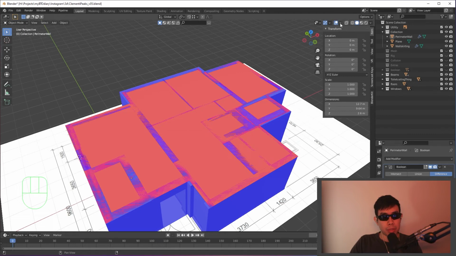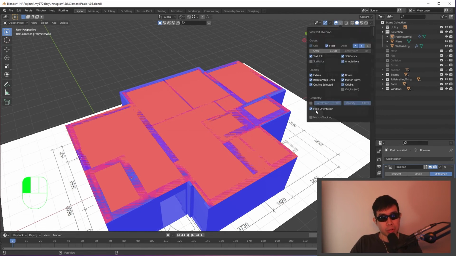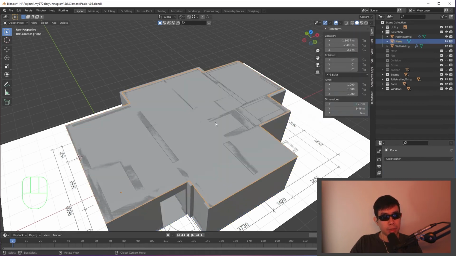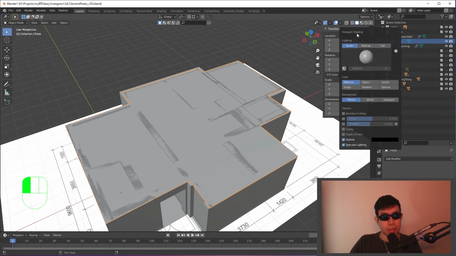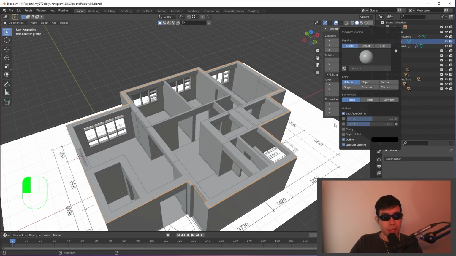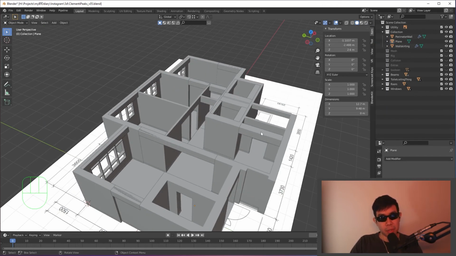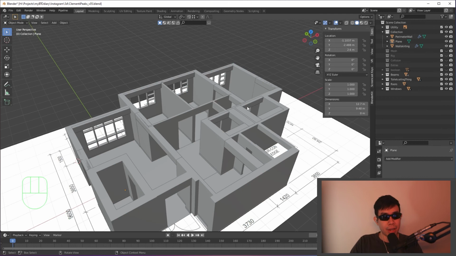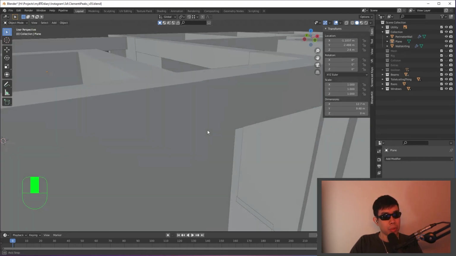Over here, previously, there's this drop down tick box where we do this face orientation thing. We are going to turn that off right now. And we already know that this ceiling is red color facing us. In the next one over here, this is the viewport shading drop down box. We want to turn on the back face culling option, and suddenly your ceiling disappears. This is because in this whole viewport right now, everything that is red will not be visible to you, and only everything that's blue will be visible to you. So the moment I bring my camera in,